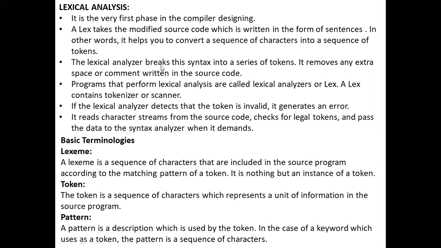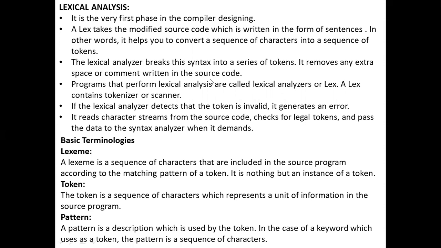The lexical analyzer breaks the syntax into a series of tokens. So if you provide any syntax or any inputs, the lexical analyzer breaks it into subparts, or different small pieces of code, and converts that code into token form. It removes any extra spaces or comments written in the source code.